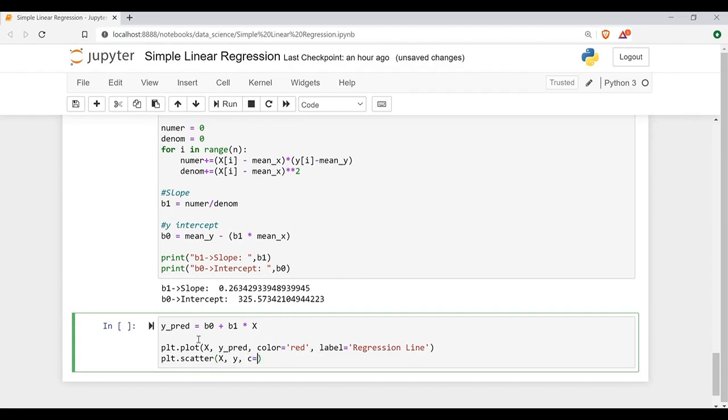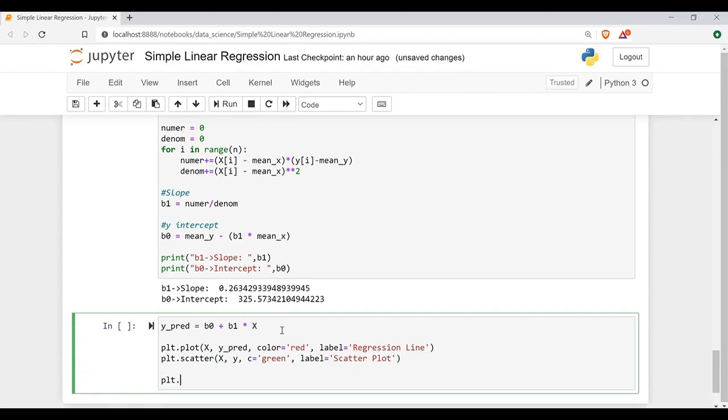We can give it as green or blue in color. Green is fine. Next we'll give a label for this. This is a scatter plot, so I'll say this is a scatter plot.